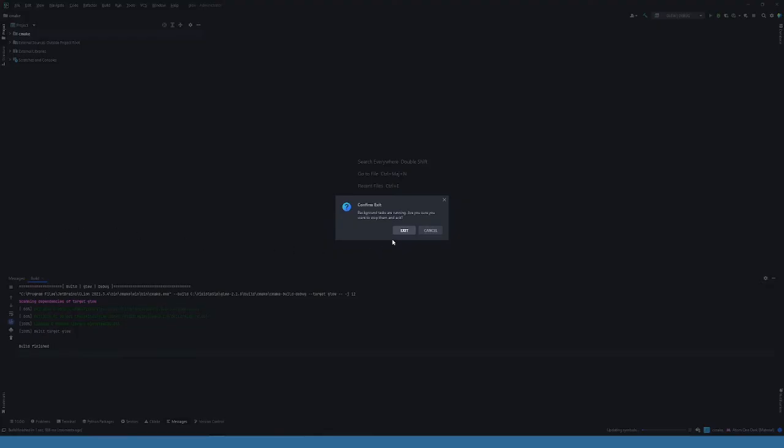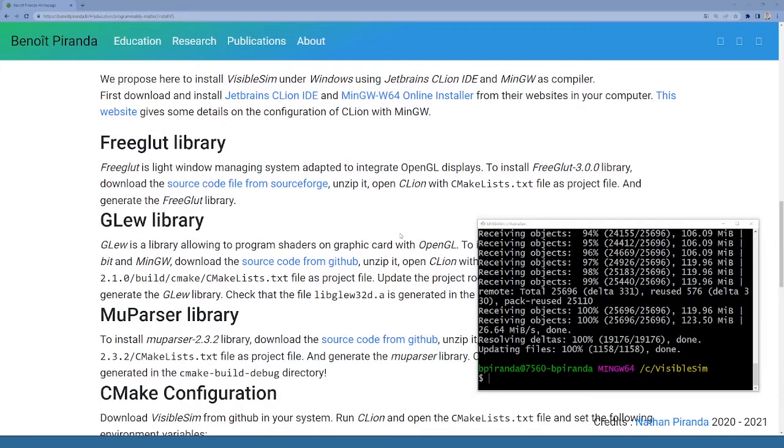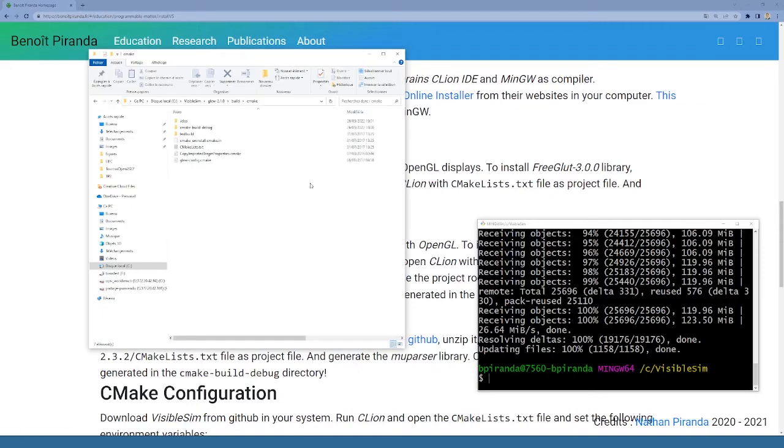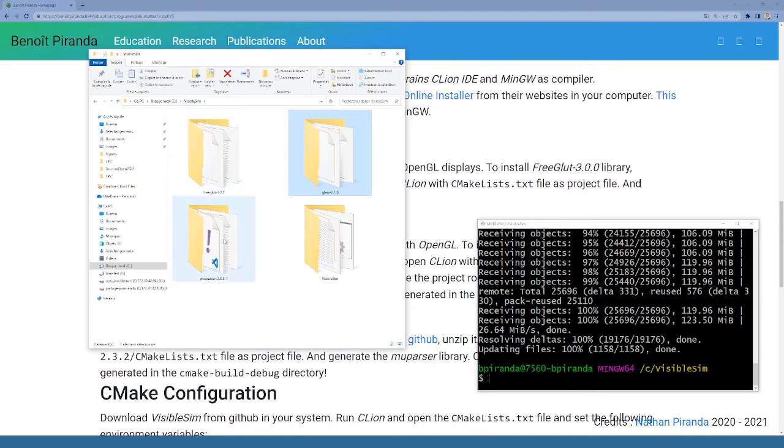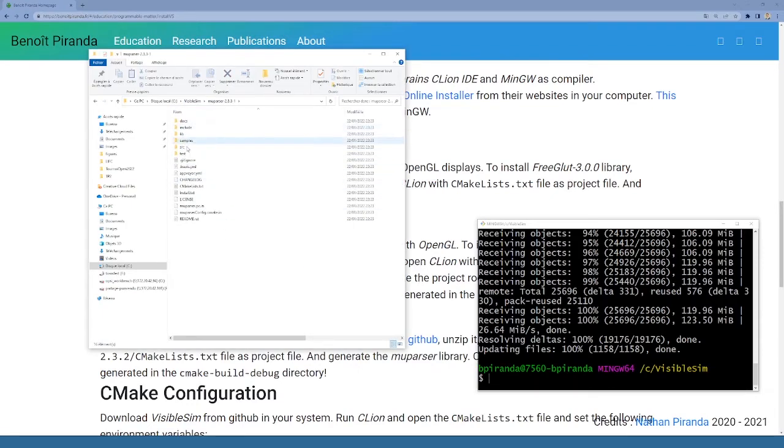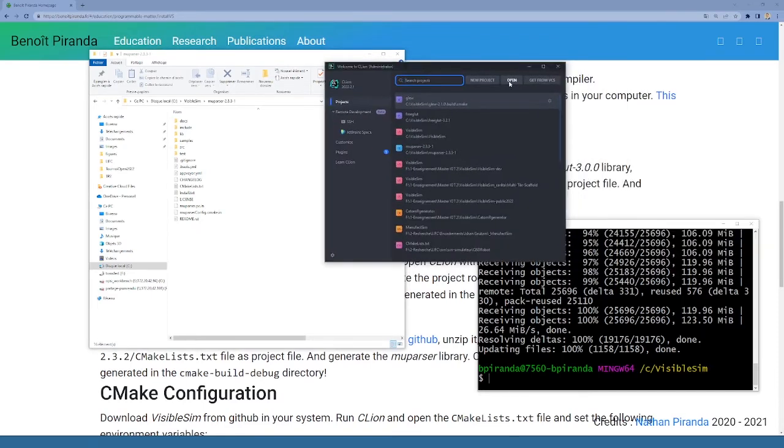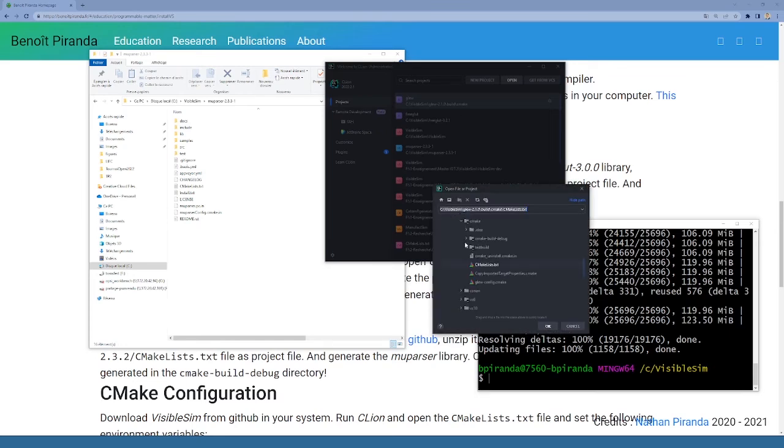And the last one, Reparser. Reparser, the roots. Okay, so I open this file from again, open a project. Okay, so